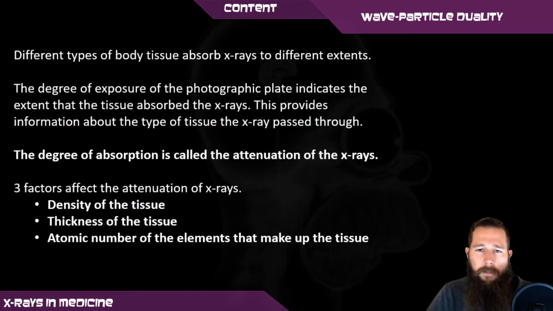exposure. Different types of body tissue absorb X-rays. The degree of the exposure of the photographic plate indicates the extent that the X-rays were absorbed. This provides information about the tissue that the X-ray has passed through. The degree of absorption is called attenuation, and three different factors affect the attenuation of X-rays. This includes the density of the tissue, the thickness of the tissue, and the atomic number of the elements within